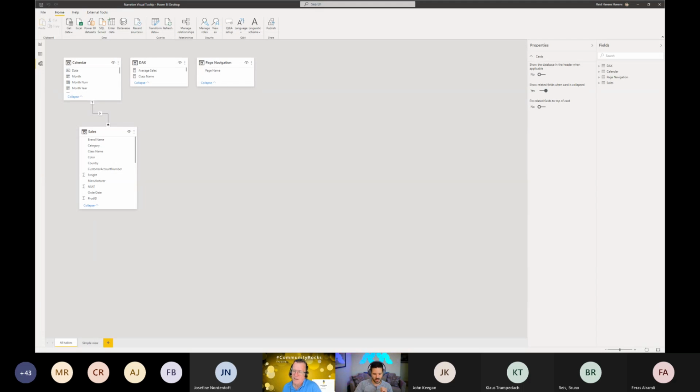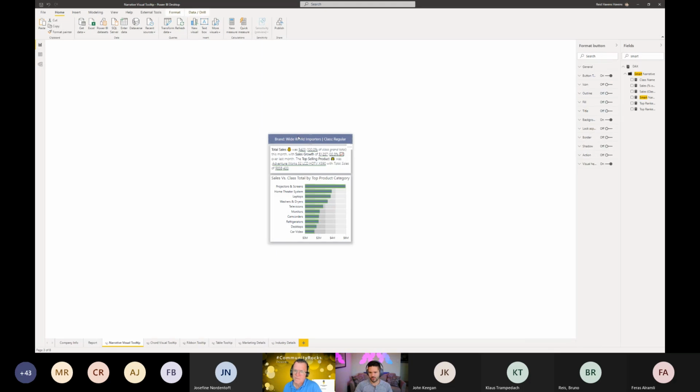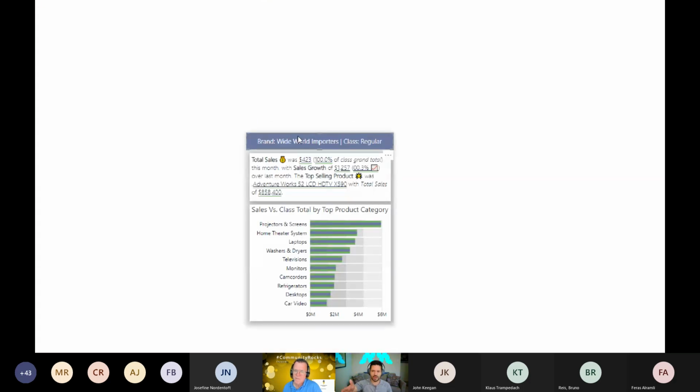Yes. So instead of a value, I'm just thinking of the HTML viewer custom visual that I think Daniel Marsh-Patrick makes, isn't it? Yes, it is. And what that does is it can return a URL. So similar to the max product name that I was using just for the title in here, you could have a measure that, if you had on your product table, every single row for like product 1, product 2, there was a URL column that just had the URL in there.